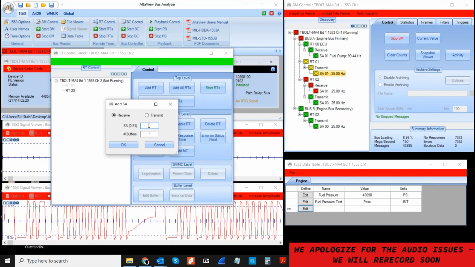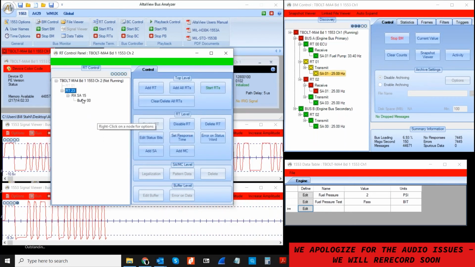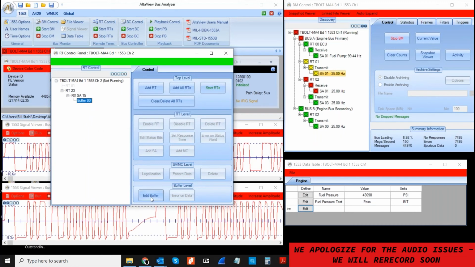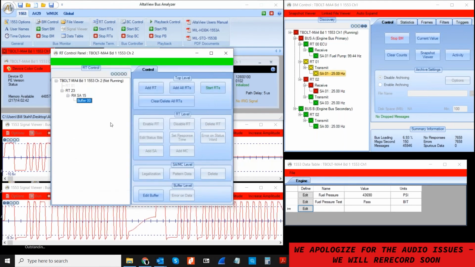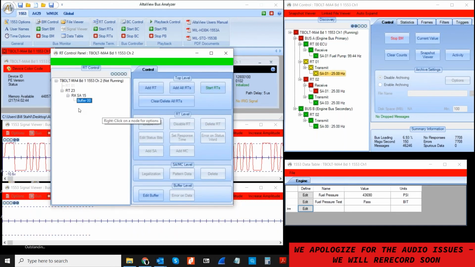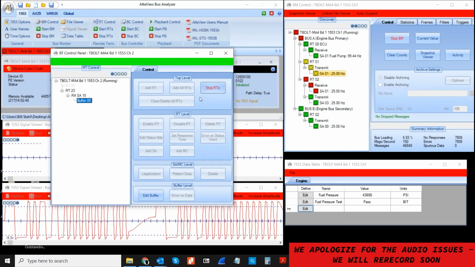Okay, we can click on this RT, and we can add a subaddress. We can click on that buffer, and we can go down and edit that buffer, and we can just say, let's put in random data. Okay, and now all of a sudden we've got an RT defined, and we could start running it,